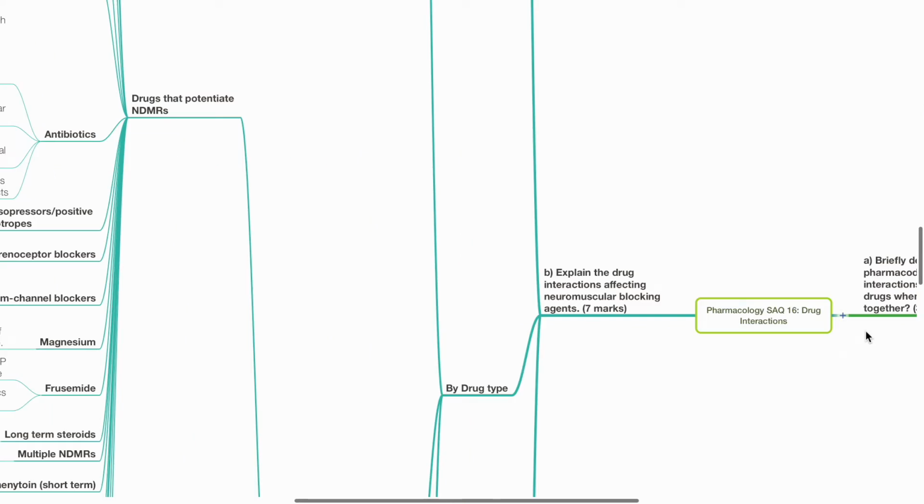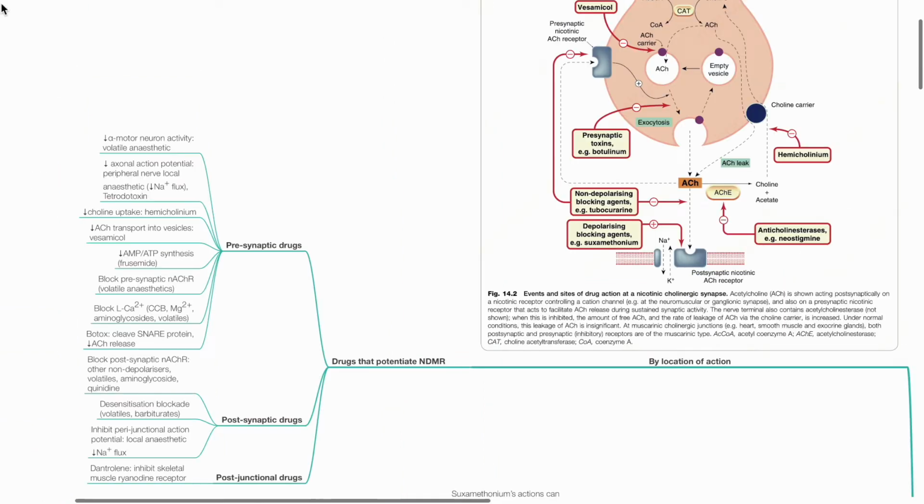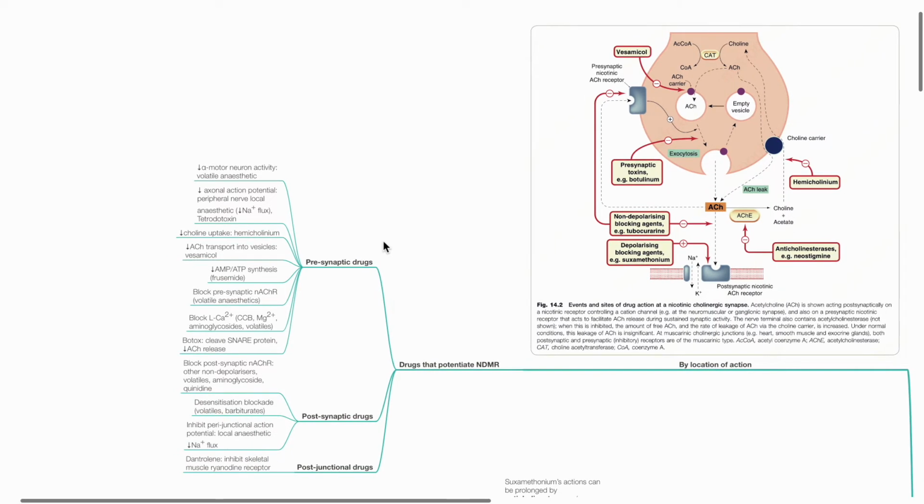B. Explain the drug interactions affecting neuromuscular blocking agents. 7 marks. By location of action. Drugs that potentiate non-depolarizing muscle relaxants. Presynaptic drugs include volatile anesthetics, which reduce alpha motor neuron activity, peripheral nerve local anesthetics, and tetrodotoxin, which reduce axonal action potential, hemicholinium by reducing choline uptake, vesamicol by reducing acetylcholine transport into vesicles, furosemide by reducing AMP and ATP